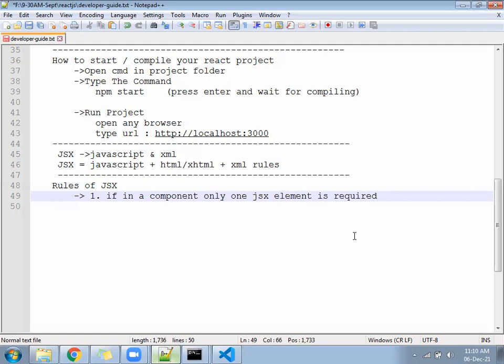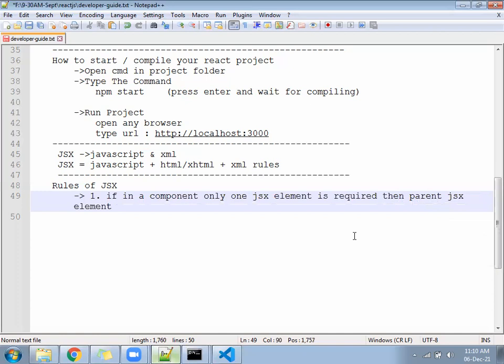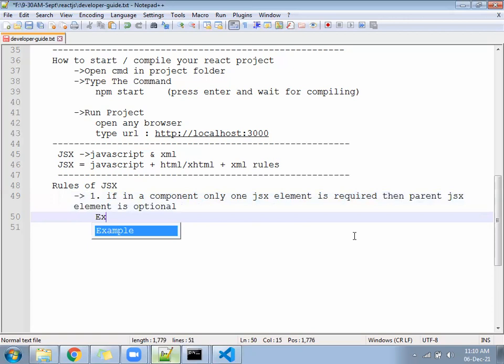Suppose you have a file, and inside the file you have written only one line. So if in a component only one JSX element is required, then the parent JSX element is optional.